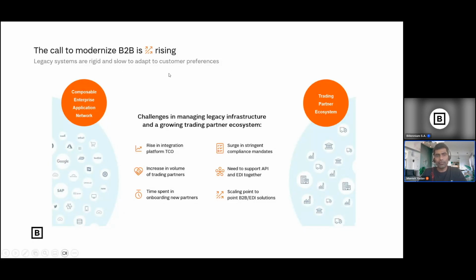But using Anypoint Partner Manager, you do not have to learn any language. You can develop APIs with the same product or platform, and you can also develop trading partner communication with the same product. Then there is increasing volume of trading partners. Partners are increasing like anything nowadays. Maybe you want to ship a product, and you don't want to deal with only Indian Post or only DHL. You want to deal with different logistics companies, correct?